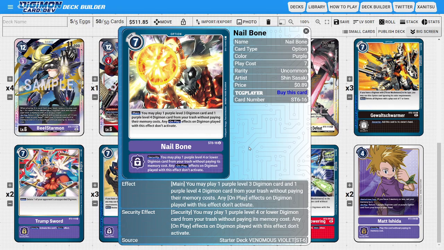Next, I'm going to be running 2 copies of Nailbone. So Nailbone is another 7-costed purple option card that just synergizes very nicely with the deck. So what this card is doing is that you can use its main ability to be able to play a level 3 purple Digimon and a level 4 purple Digimon from your trash for free. The only unfortunate thing is we don't get their on-play effects, but this is still really powerful because the whole